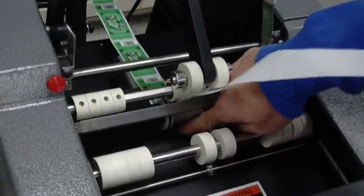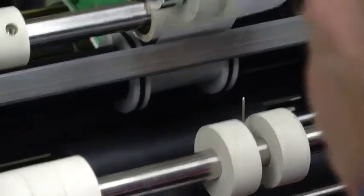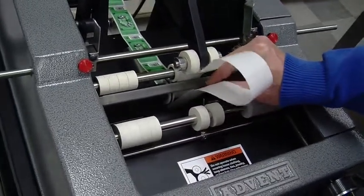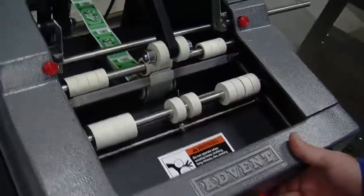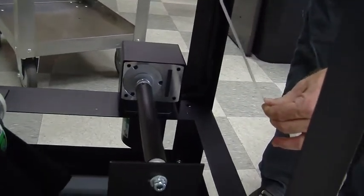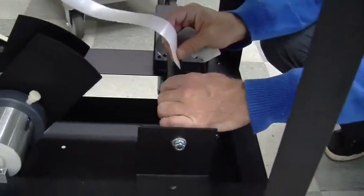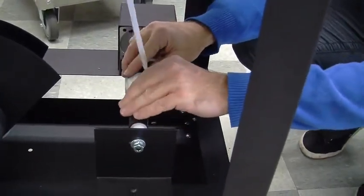And then we have a 4-inch drive roller and an 8-inch pinch roller. What we're going to go ahead and do is make a little point, turn on the machine, just put it between those two rollers, and it will kind of almost grab it. If it needs a little help, you can press on the trigger. But the idea is to have enough of it go down till it reaches the backing material, or the rewind mandrel, right here. And you might have to peel off a couple labels. We're looking for about 30 inches to get to the bottom here, and wrap it around at least twice,